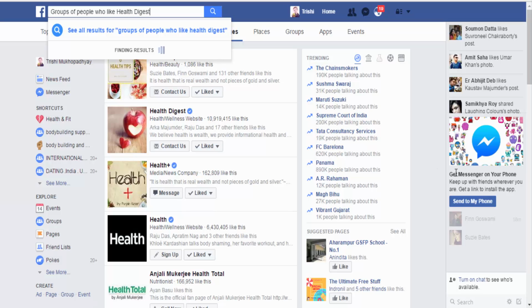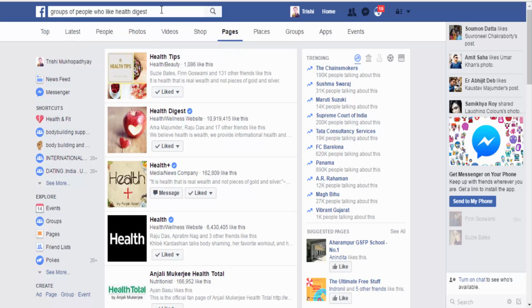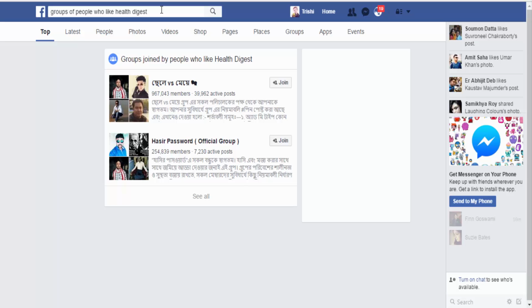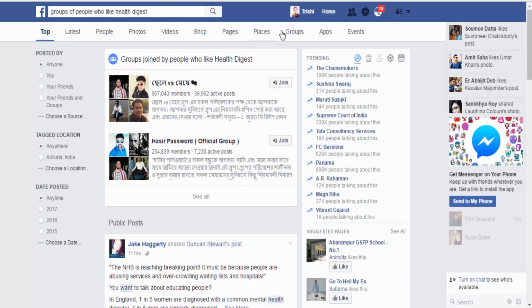Before you do this, guys, you have to ensure that the page which you are going to use must have liked this group. As you can see, I have already liked this group, this page. So let's get on with the search. If we go into the groups tab,